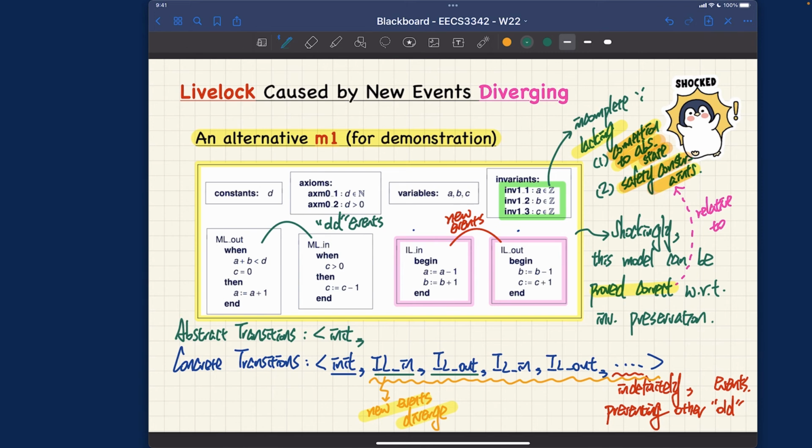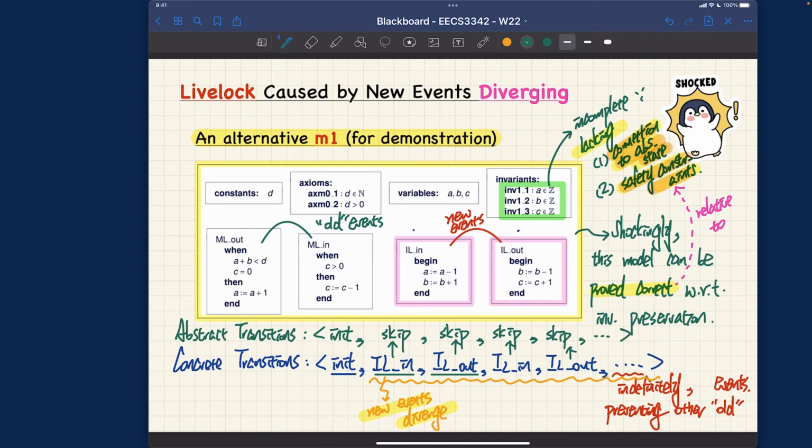Remember the skip, pretty much like a dummy event. So ILN over here really corresponds to the skip over here. ILL over here also corresponds to another skip, and this one also corresponds to skip, and this one also corresponds to skip, and so on,